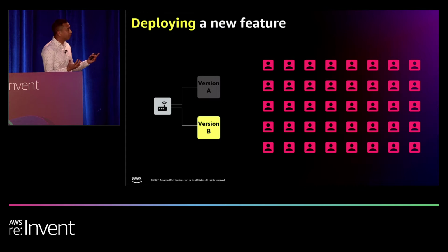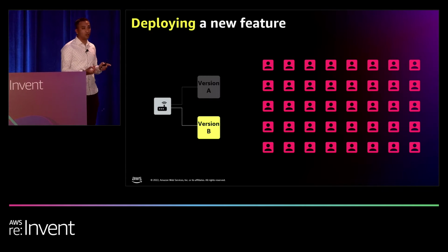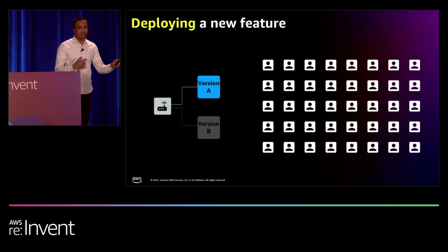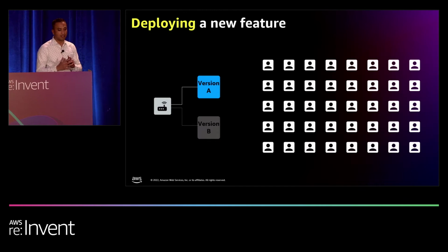And a couple observations about this. First, the blast radius of this is huge. So if something goes wrong and you have to roll it back, you exposed that bad change to 100% of your user base. So the blast radius is